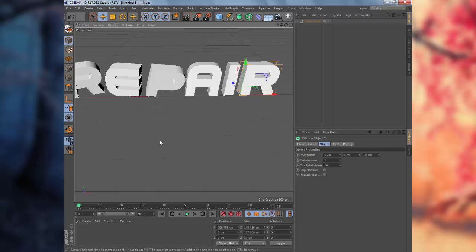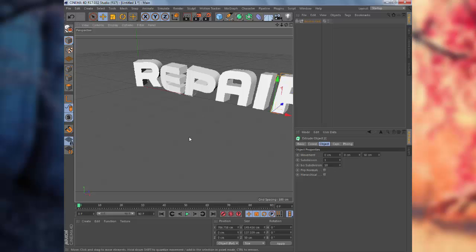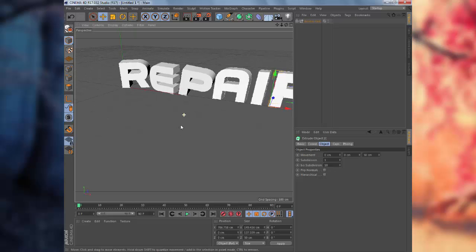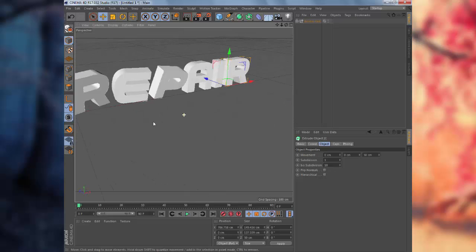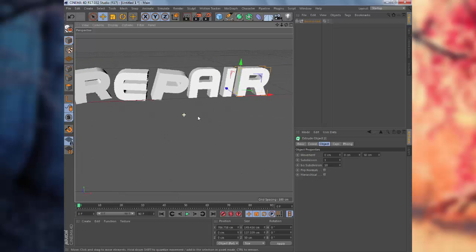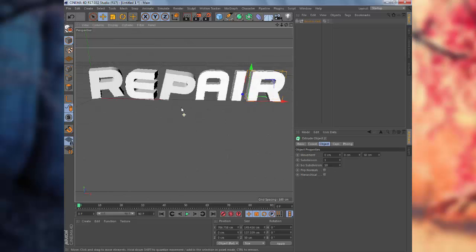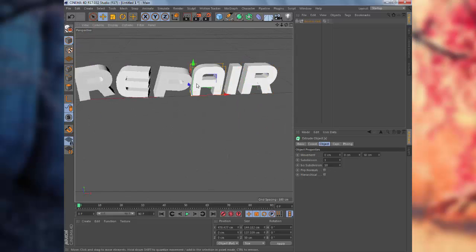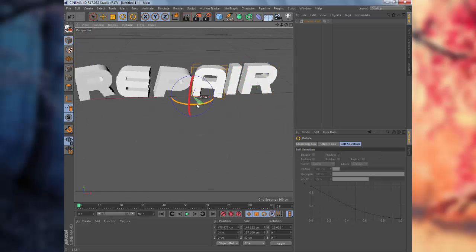And if you don't know how to do this sort of thing with the camera, just hold Alt and the left mouse button to rotate the screen like that, and then hold down the scroll button and that allows you to move, just in case you didn't know, because I didn't actually know at first. So now I'm going to go back to this letter, rotate this a bit,